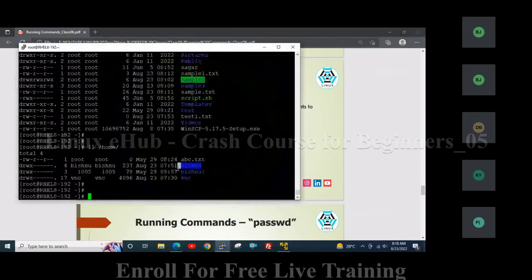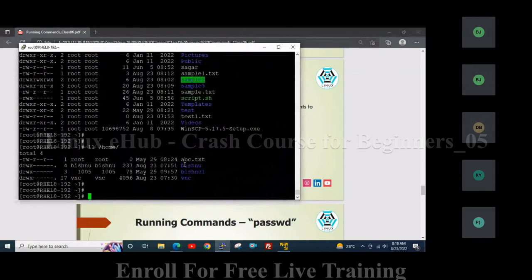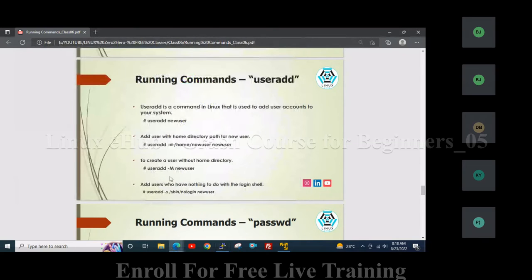If you want a user without a home directory, at that time we can use the -M option. That means whenever a user has no home directory, that user cannot log into the server. It will do some specific task in that server, but that user cannot log into the server. Whenever the home directory is not available for the user, using the -M option,